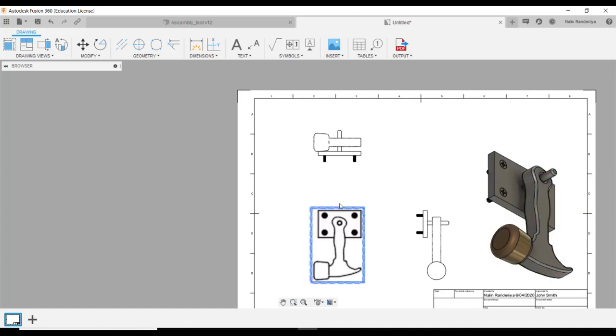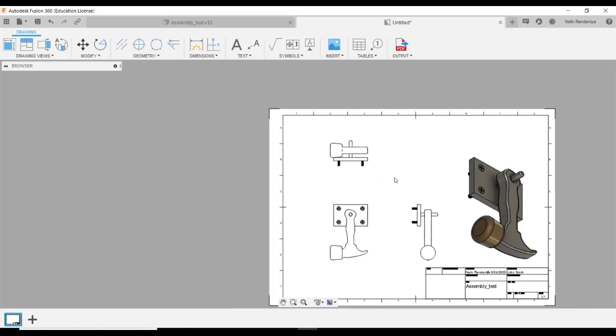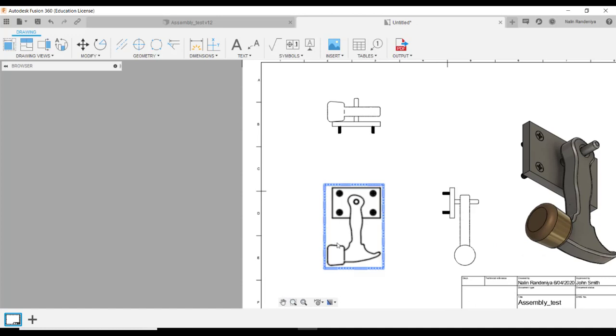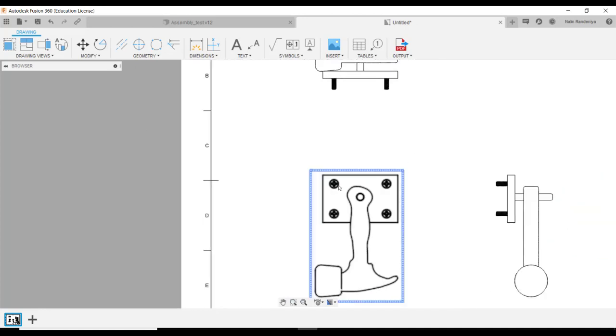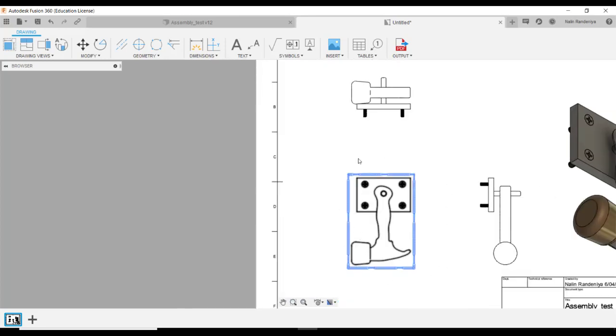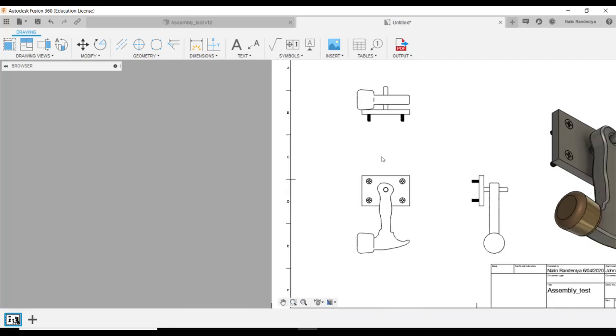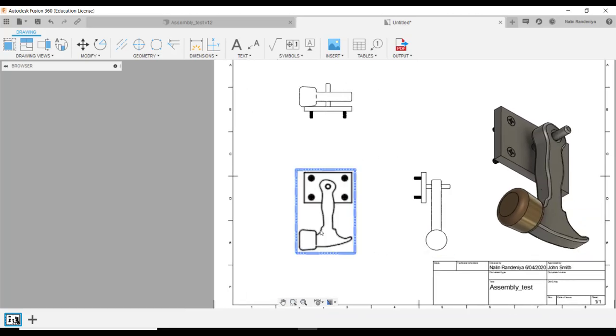Okay, that should do. So what else are we going to include in the isometric view? It depends on the level of detail. Sometimes we just leave it as is like this, and most of the time we include the primary information, primary dimensions, like as an assembly, how much space it is going to take. So I'm going to show you how to add the dimensions here. It's right here. Dimensions,